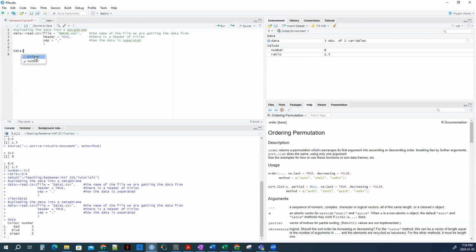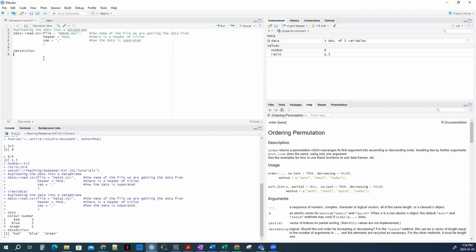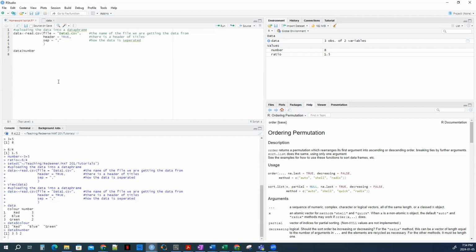If I put this dollar sign, it then tells me what I can pick. I can pick the color or the number. And if I pick color, now if I run it, it just gives me the colors: red, then blue, then green. Whereas if I want the number, I can type in number, pressing enter will autofill what's highlighted, and Control Enter, and I'm printing the number. So that's how we call the number and the